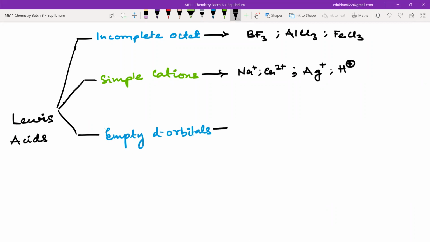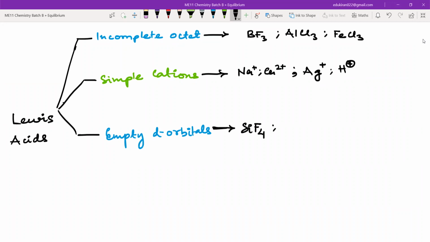Empty d orbitals. If you have molecules which have empty d orbitals, that means they can accept electrons. If you have any empty orbitals, they are going to accept electrons. So for a Lewis acid, if I look at the main criteria, it is the empty orbitals. So incomplete octet, again, you will have